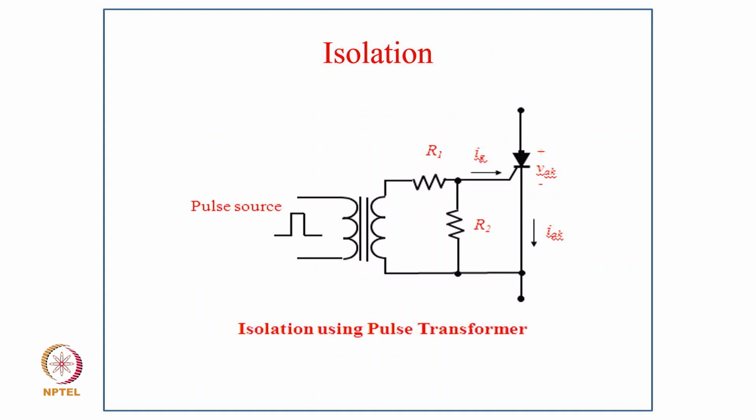Typically, in the case of a thyristor, for isolation we use a pulse transformer as shown here. The pulse duration is normally with a 40% duty cycle so that the transformer does not saturate, and we don't need a separate power supply, as the output power itself should be enough to drive the gate circuit, because we require hardly 30 to 50 milliamperes for normal ratings up to 100 ampere thyristors. So the advantage here is no separate power supply, and when you design the transformer for 30 to 40 kilohertz with a pulse duration of 10 microseconds to turn on, the pulse transformer can be quite small.